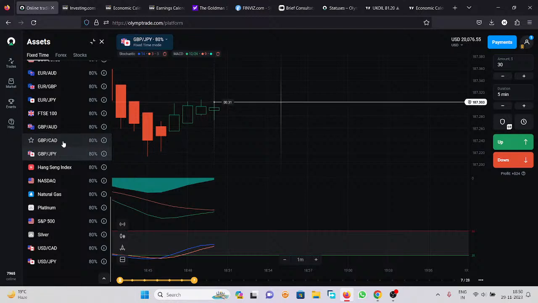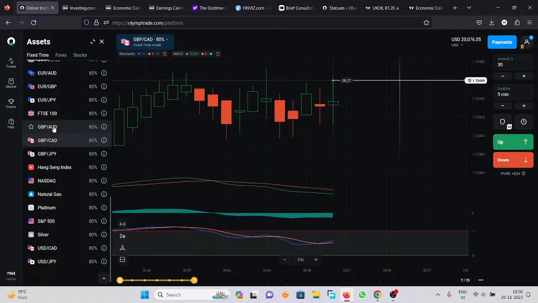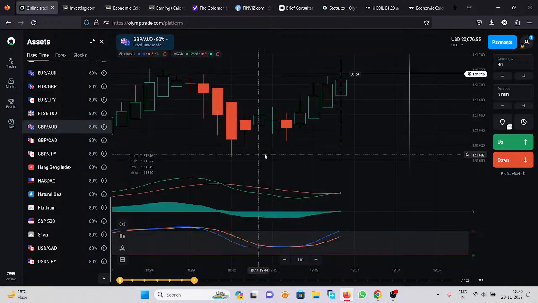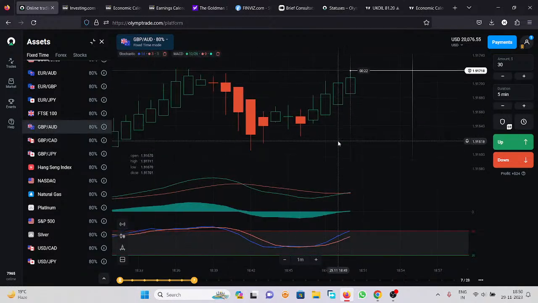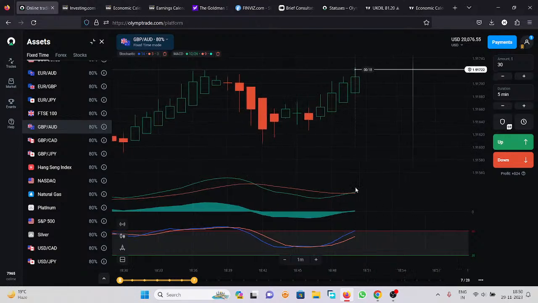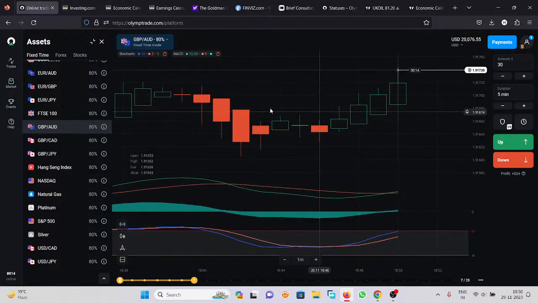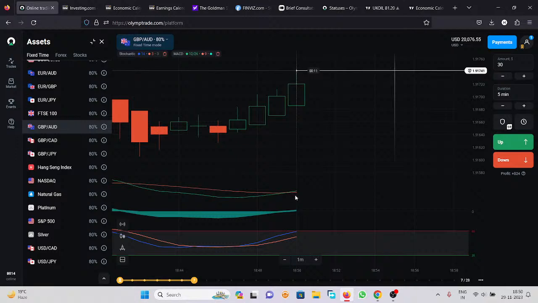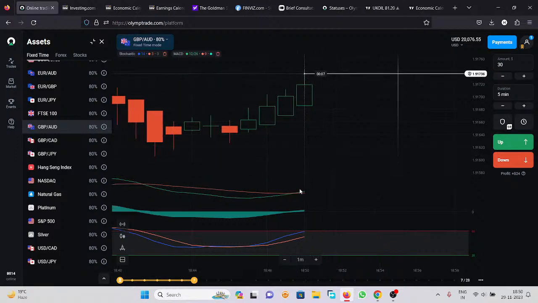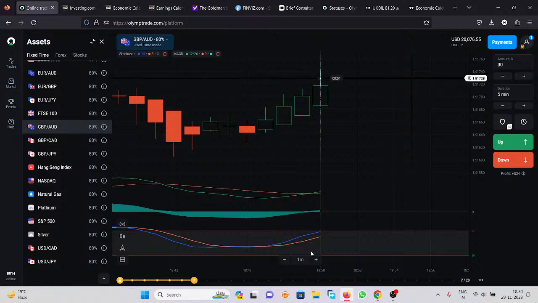Second signal is what? Your MACD should be above the horizontal line. All charts are working the same. The MACD should be above the horizontal line, and on the second basis you can check. I am just zooming in on the chart. The MACD line should cross the signal line from down to up. So we are matching these 2 signals, meaning the candlestick is green, MACD is already up, and then this is the stochastic.